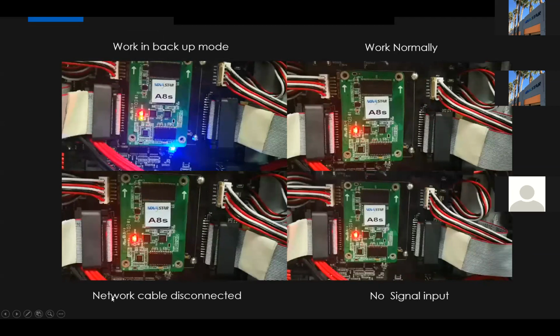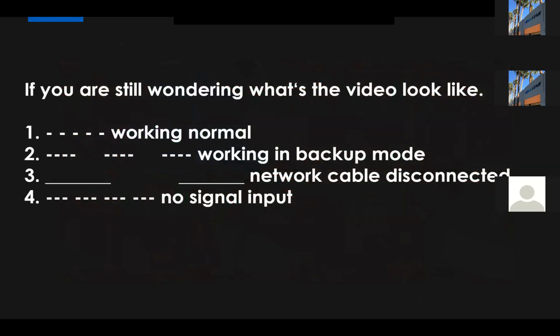This part is the network cable disconnect and the no signal inputs. If you're still wondering what the video looks like, you can just follow those descriptions. When it's working normal, it flashes fast, and just during a little bit longer time, again, then it is working in backup mode.